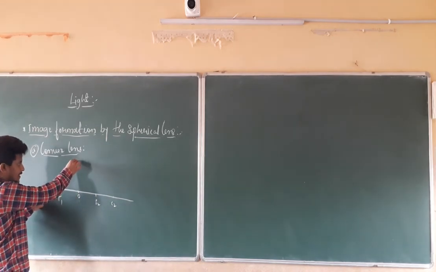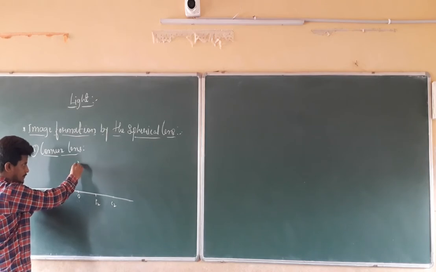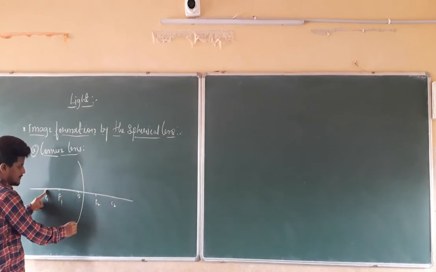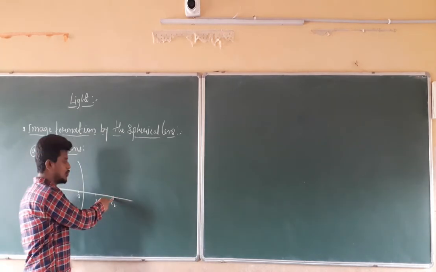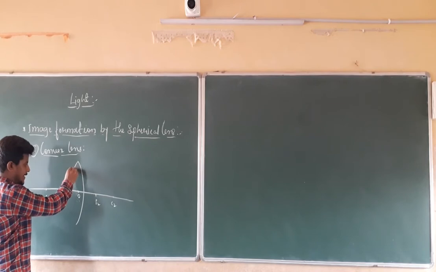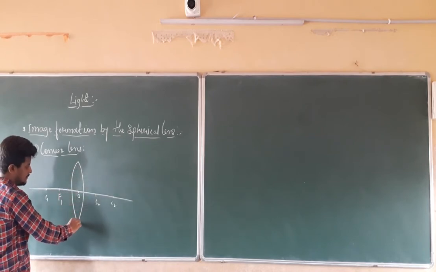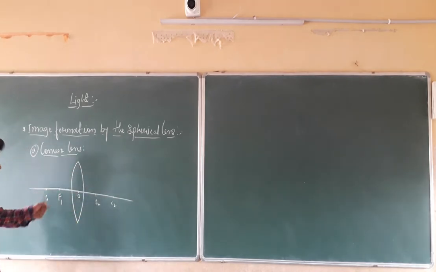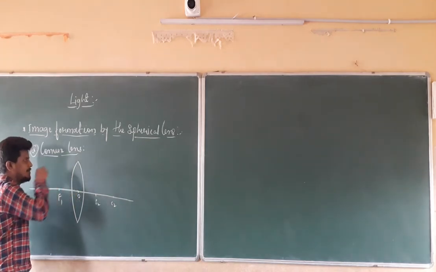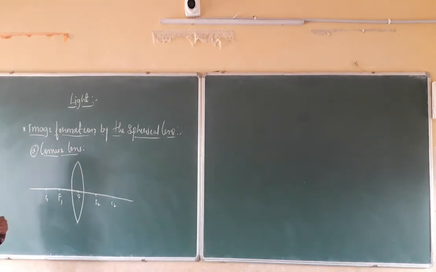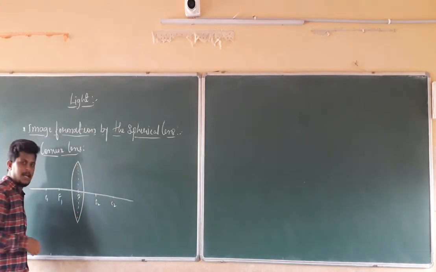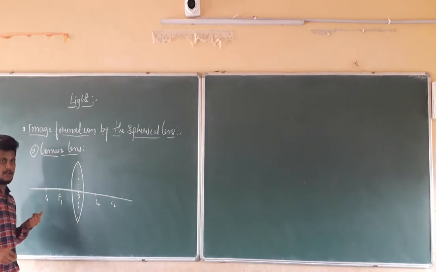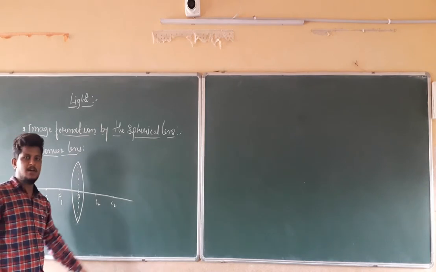And you have to draw a curved surface here. It will be like this. The same dimension you are going to take, and from this point you have to draw another curved surface. It will be like this. When you draw like this, the point will be exactly at the middle of the lens. It's not necessary to draw this dotted line. I am just drawing the dotted line so that I can get the correct rays.